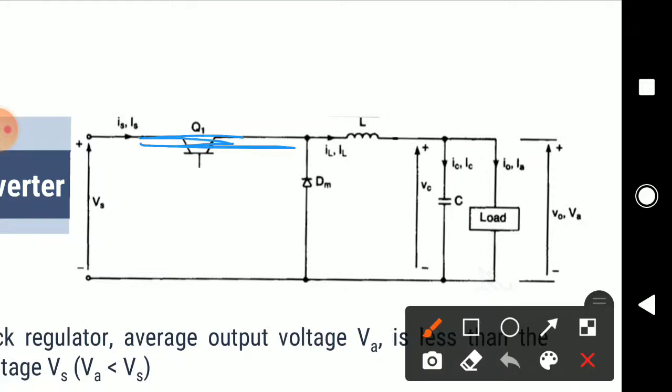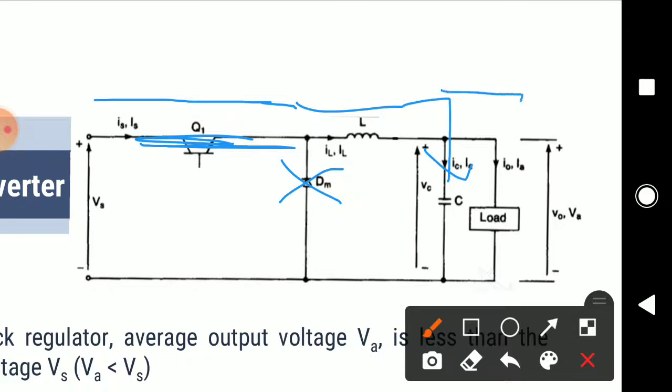So over here you will have a short circuit, and what is going to happen? Your current starts to flow from the supply, and you can see over here that your diode is in the reverse bias condition. Therefore no current will flow through the diode, and the current flows from the supply, through your switch, the inductor, the capacitor as well as the load, and returns back to the supply.